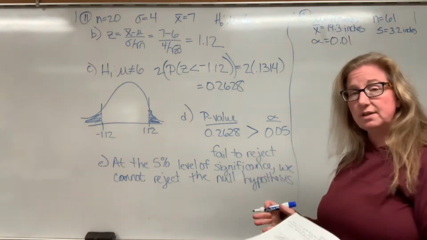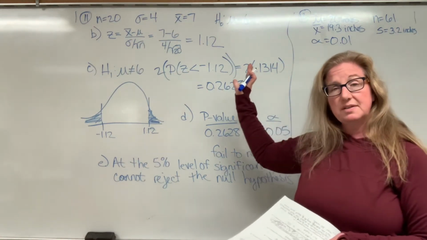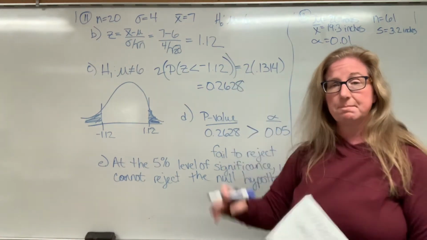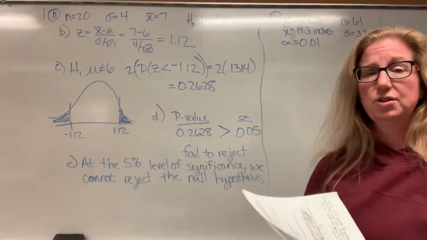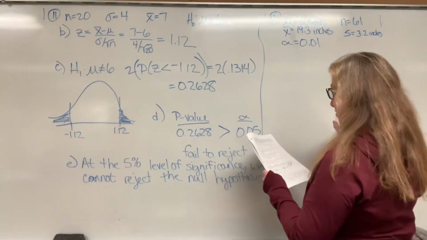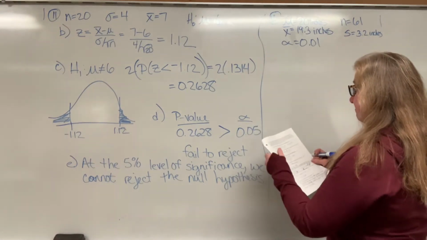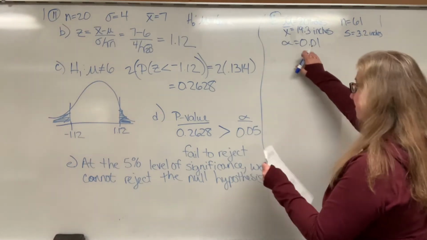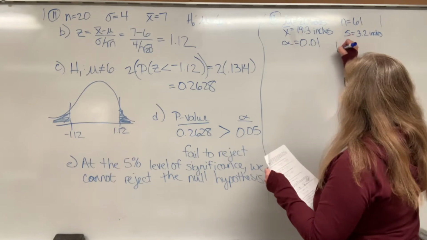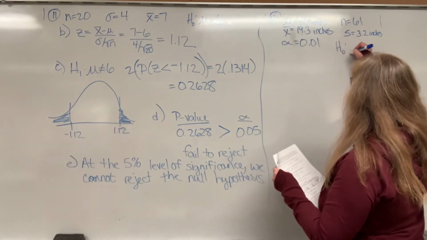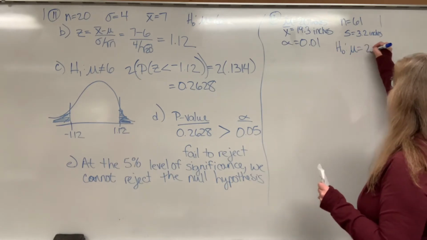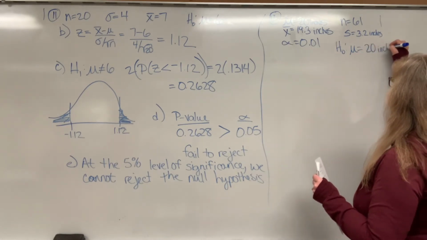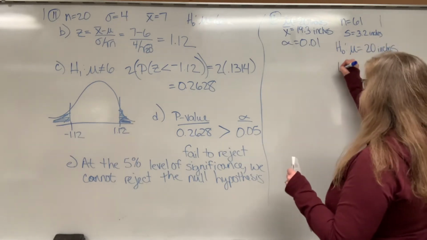One of the things I want you to do is make sure you're writing things down. Make sure you're writing your variables down as you go. So the first question is, what is the level of significance? State the null and alternative hypothesis. So my null hypothesis, mu is equal to 20 inches. My alternative hypothesis